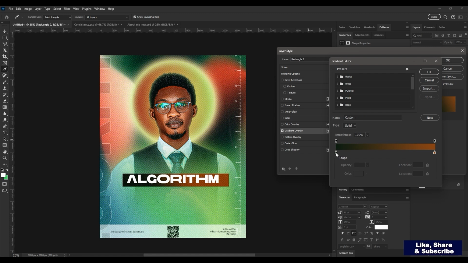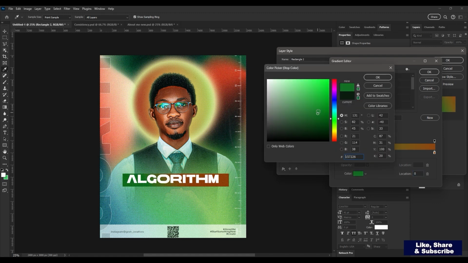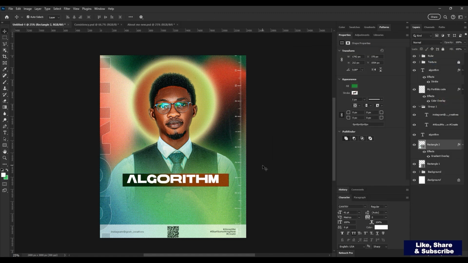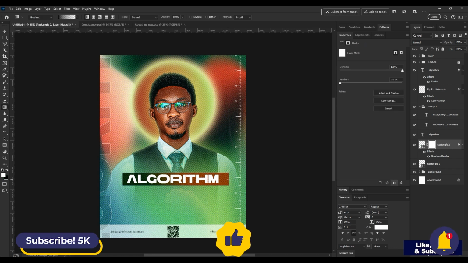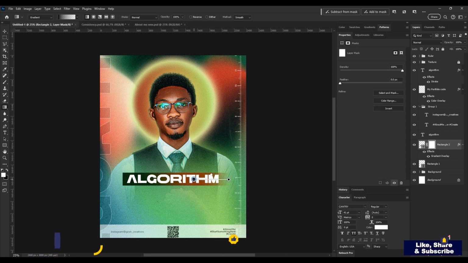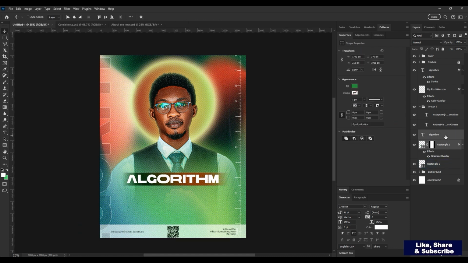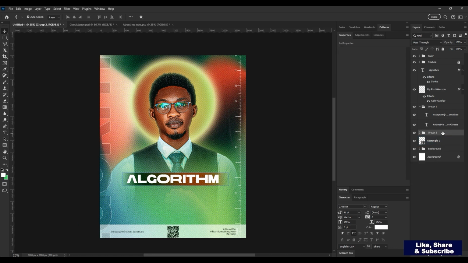I have to increase the green, and then I'll create a layer mask because I want to remove the edges, and then I draw my gradient underneath, and that's it. And so I group these as title, main,